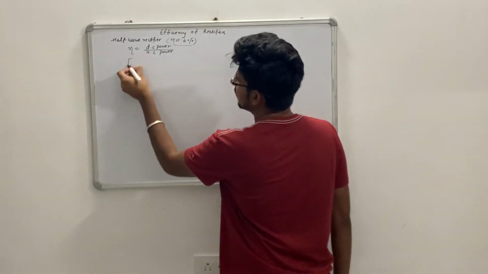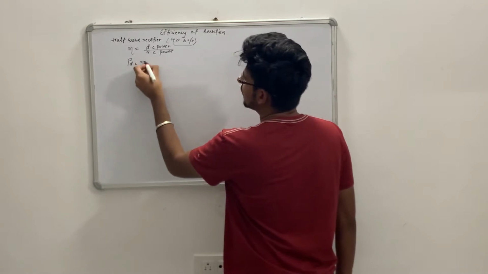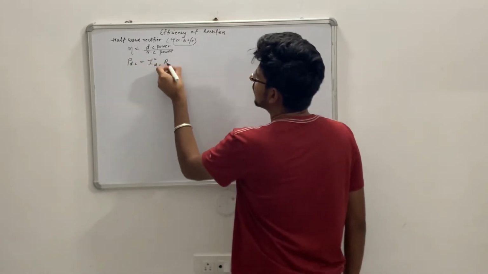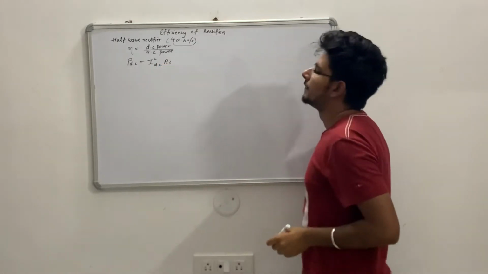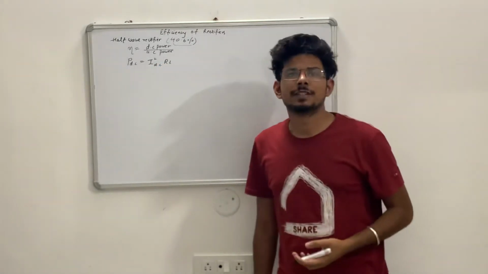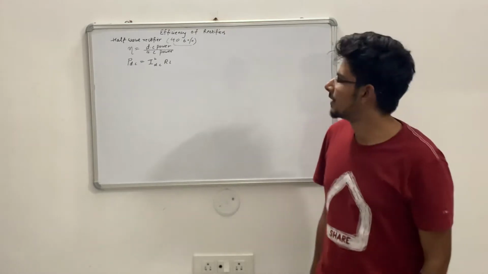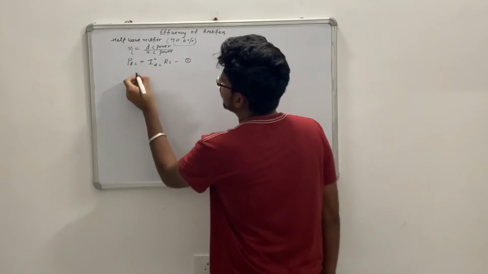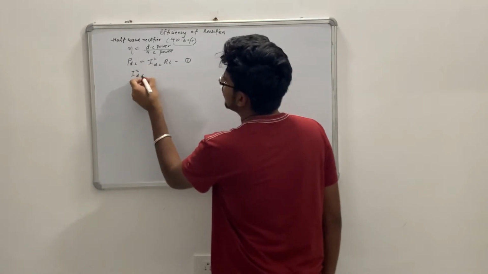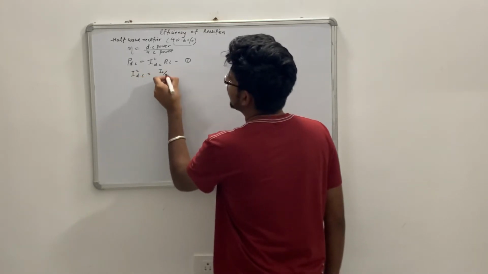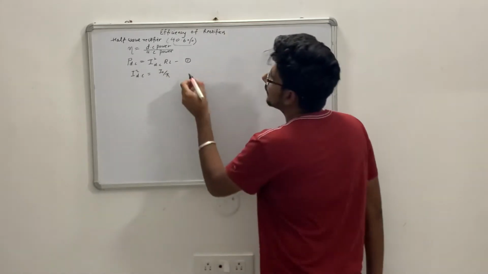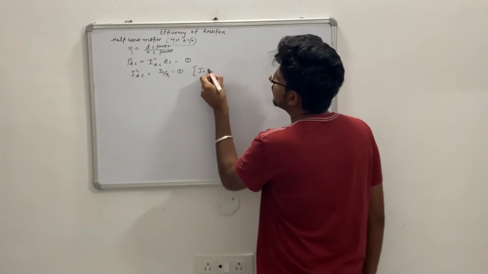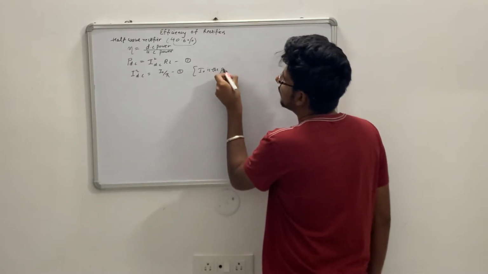We know that DC power is equal to I square RL, where RL is the load resistance across which we get our DC output. This is your first equation. Now this I square DC can be written as I naught divided by pi. This is your second equation, and here I naught is the peak value.